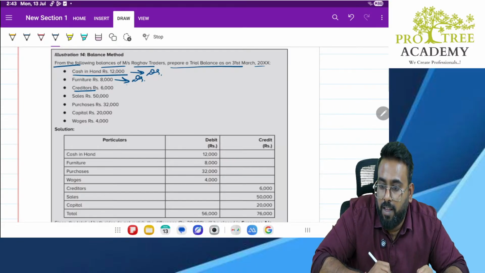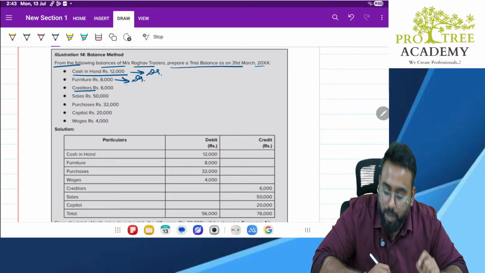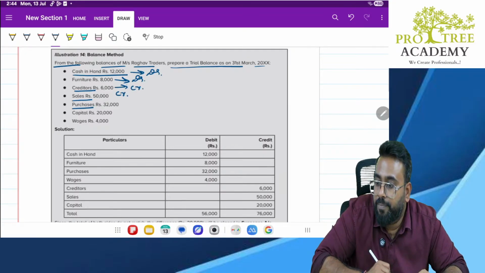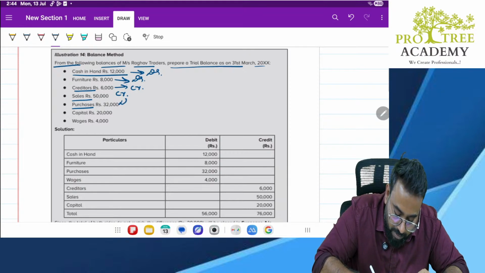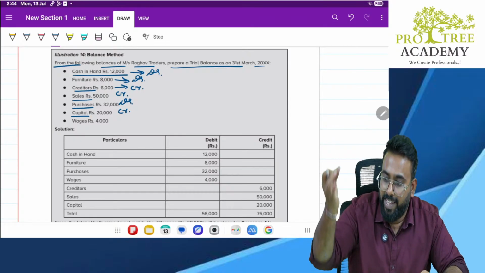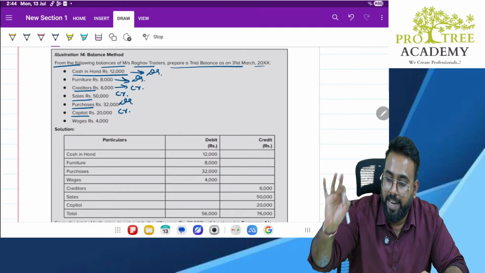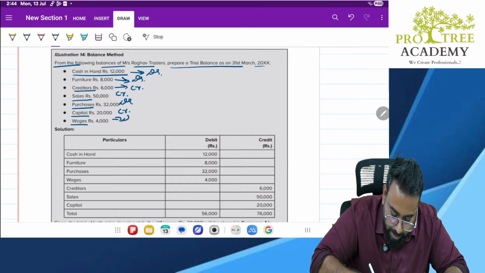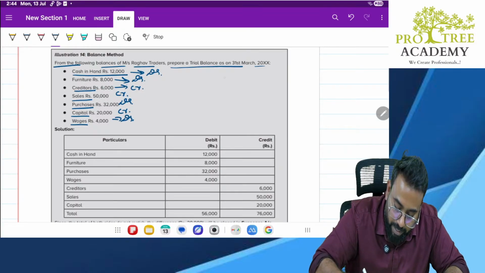Sales is an income account. Income account will always have a credit balance. Next, purchases, expense. Expense will always have a debit balance. Capital. Income, liability, capital will always have a credit balance. Wages is an expense. Expense will have a debit balance. Clear? So if you prepare the trial balance,